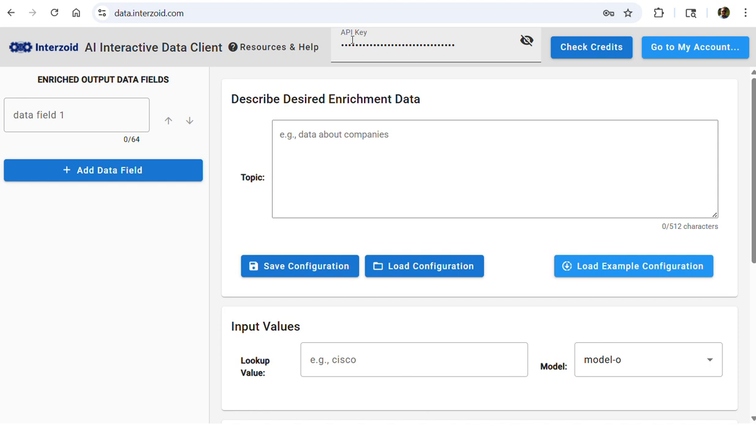So one of the things that companies typically do is collect email addresses of their prospects or customers, and if you want to know more about them, you can use the domain portion, assuming it's a business email address, and use that domain to get more information about the company and learn a little bit more about that prospect or